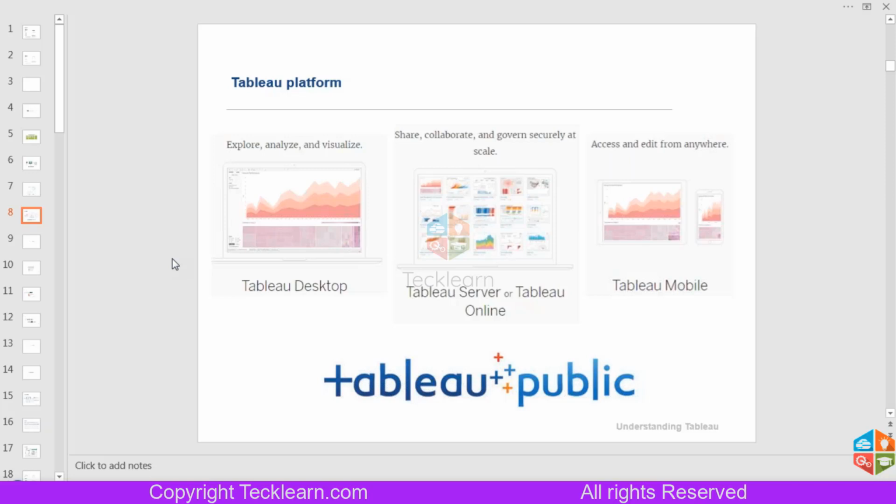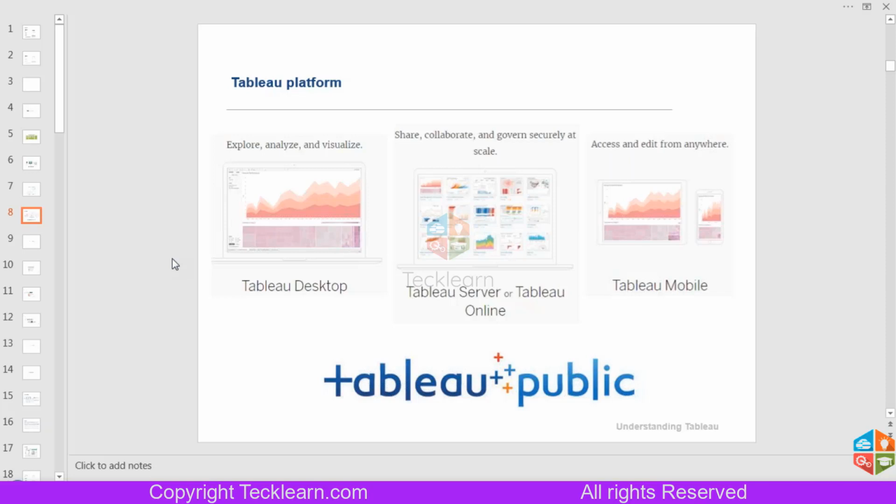They can see the status of the dashboard, and they can forward us suggestions or any feedback they have. So you can use the mobile or reader application for the client, or if you want to quickly see how it looks on a tablet, you can use these mobile and reader applications. But the disadvantage with the Tableau Mobile application is that we cannot edit anything. If you want to modify the data source or modify a chart, that is not possible. These applications are read-only. We can only interact with the Tableau Desktop dashboards. That is what we can do.